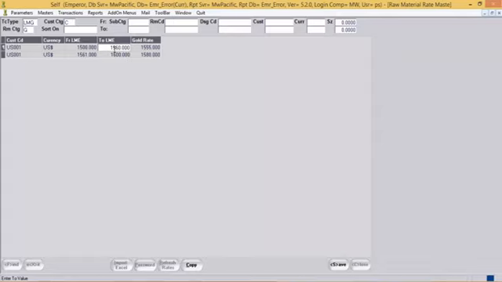In this case, 1525 falls between the range of 1500 and 1560. So the system will get 1555 as the LME rate in the order entry.